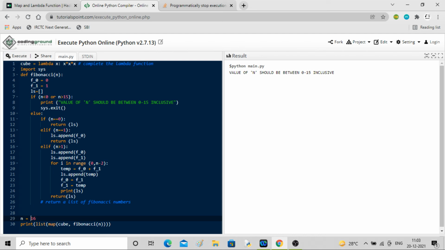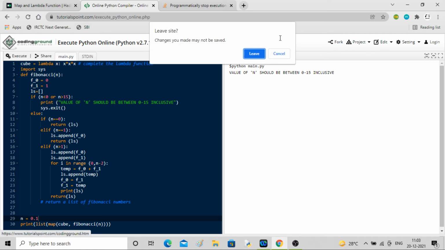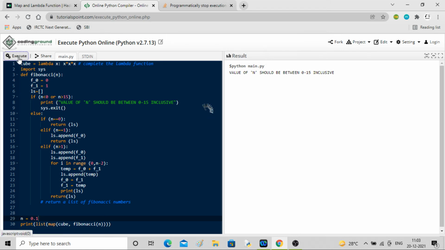If I put 0.1, actually I should write integer values only, right? -1, only integer values we want. Yes.